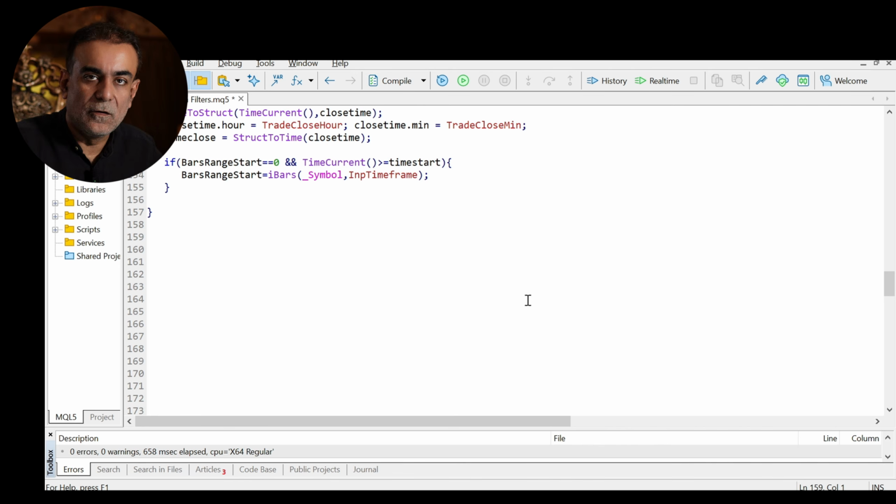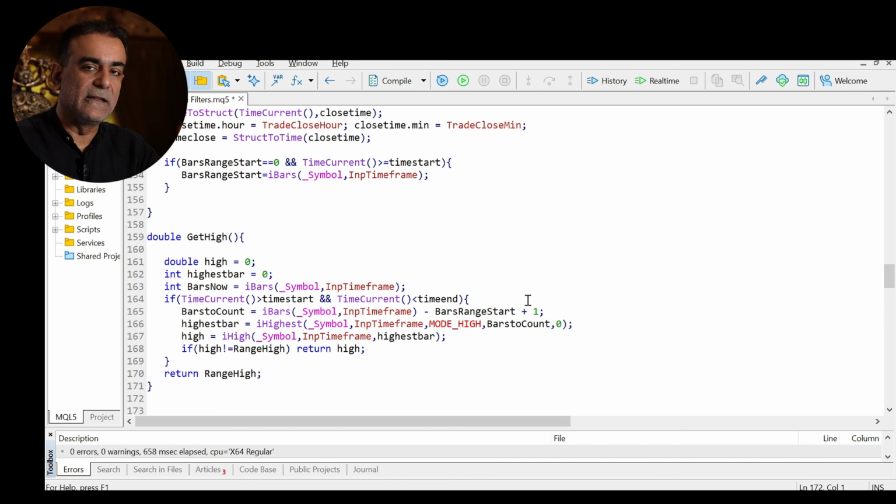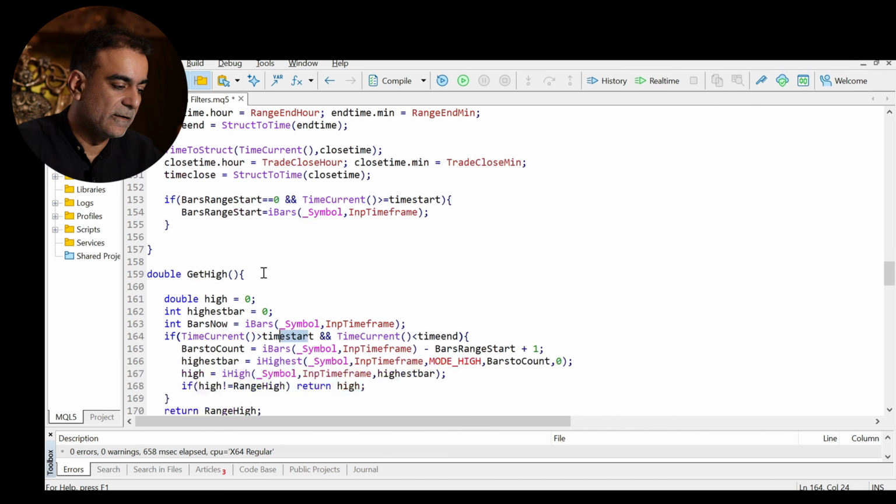Now that we have the value of the start and the end of the range, we can get the value of the range. And we start by creating these two variables, high and highest bar, setting them both to 0 at the start. And then we go, what's the bars now? That we get by using the iBars function, providing the input time frame and the symbol. And then we say if the current time is bigger than the start time that we have found here, time start, and the time current is less than the time end, the end of the range. So if it is in between the beginning and the end of the range as defined by the user,